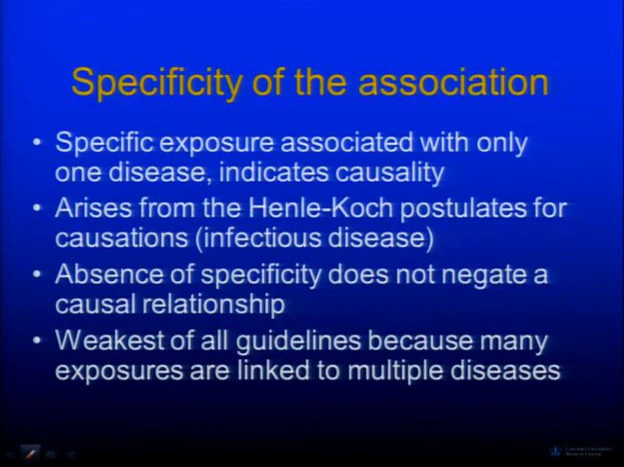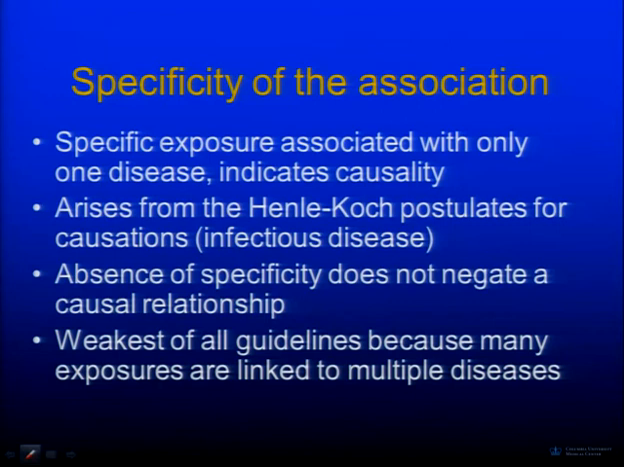So typically it was that a specific exposure was associated with only one disease, and that would indicate causality. That was back with the Henle-Koch postulates, which were really great for infectious disease, but not for chronic disease. So really, the point we're at now is that the absence of specificity doesn't mean there's not a causal relationship. And this is really the weakest of all of the guidelines that we have,